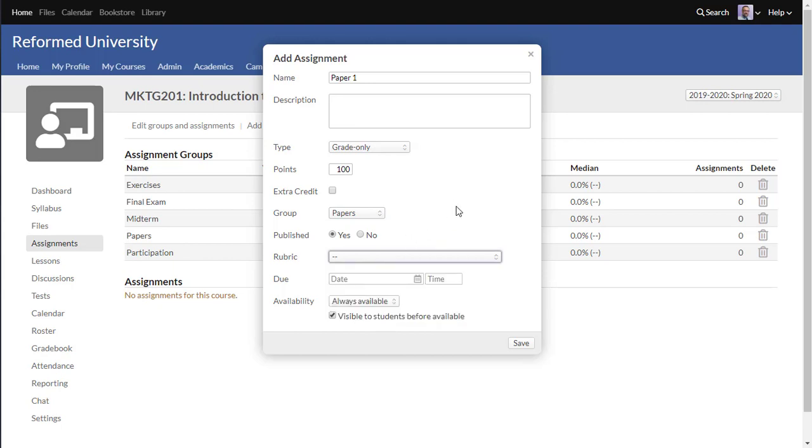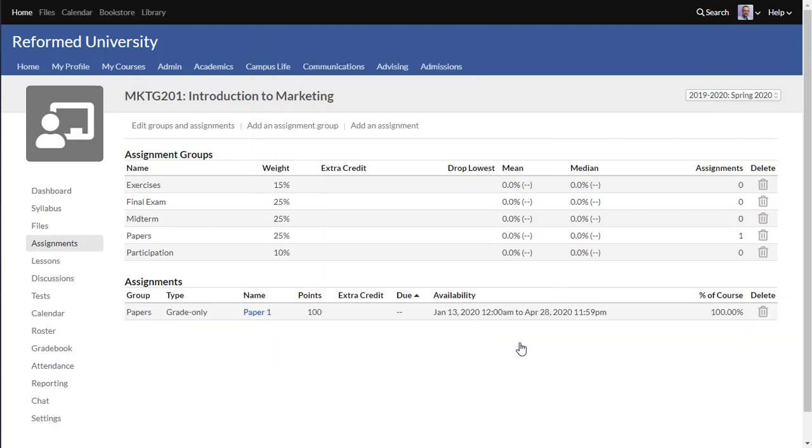That's mostly for online teachers, and due dates also. So if you're teaching a class on campus, you don't have to worry about the rest. Just grade only, 100%, select a category, make sure that it is published right here, yes, and you save. So now you see right here immediately I have paper 1 that's appeared, and it is under the group called